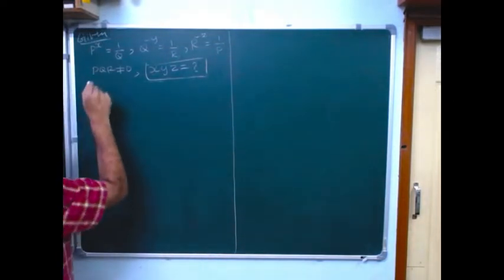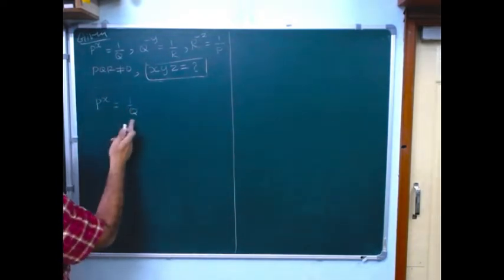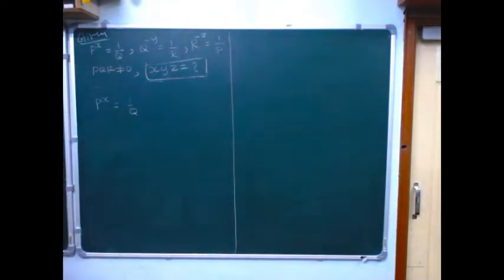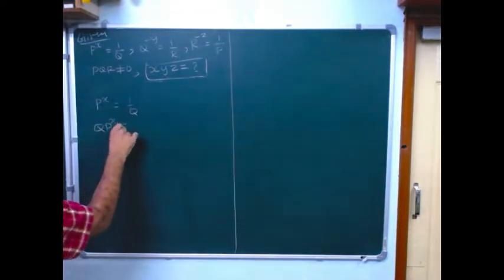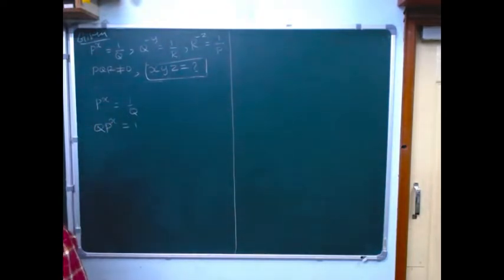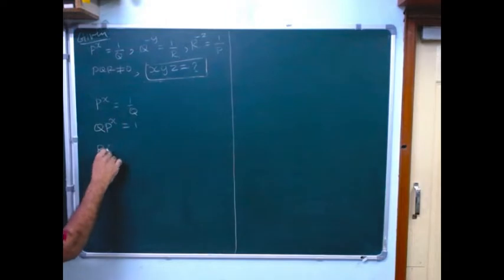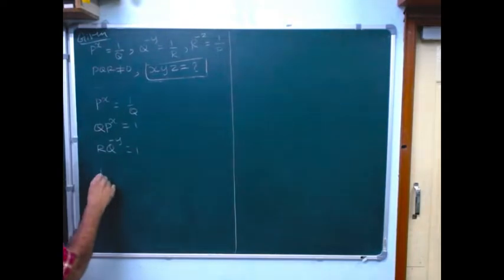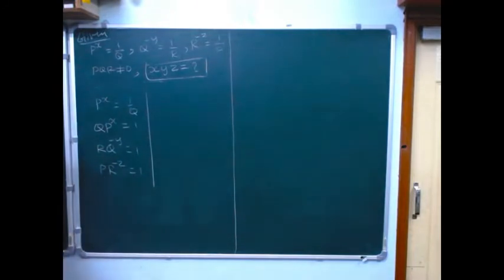Now, let us consider p power x is equal to 1 by q. So you can bring this q here, is it not? So q into p power x is equal to 1. And similarly, you have r into q power minus y is equal to 1. And similarly, p into r power minus z is equal to 1. Right? Okay. Now, you can add these equations, and